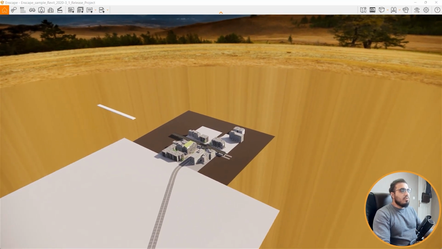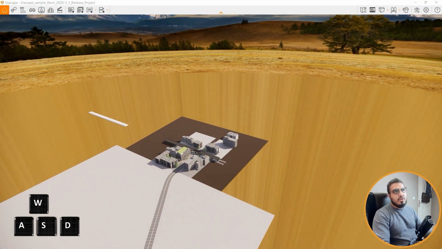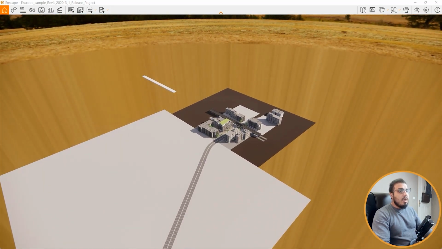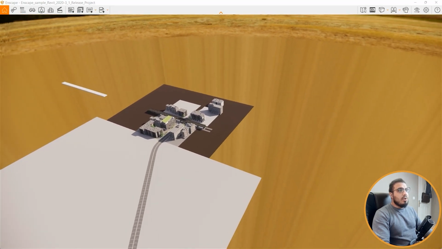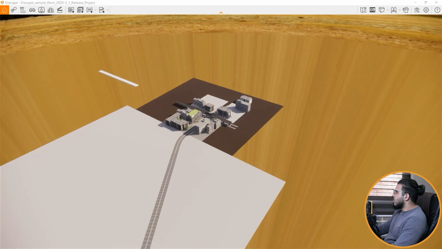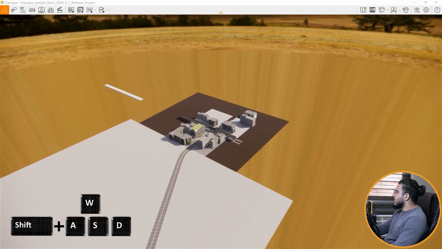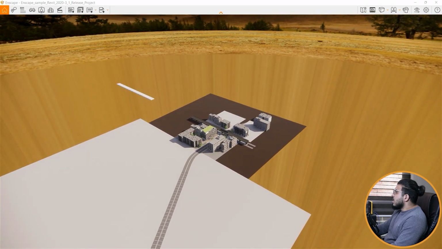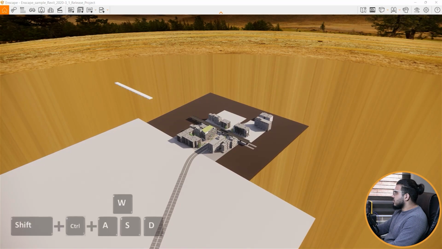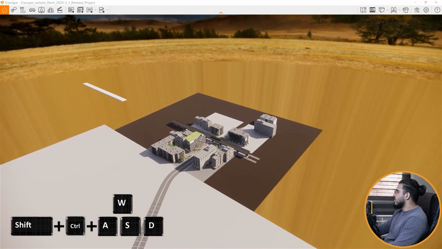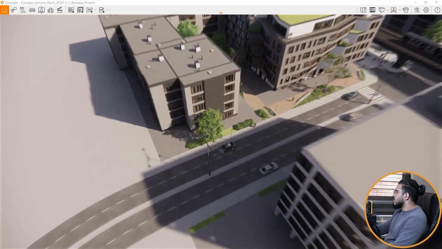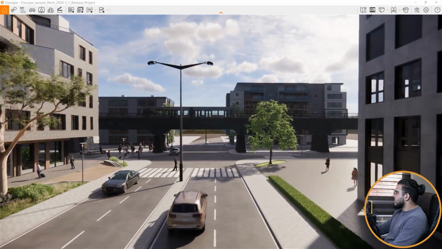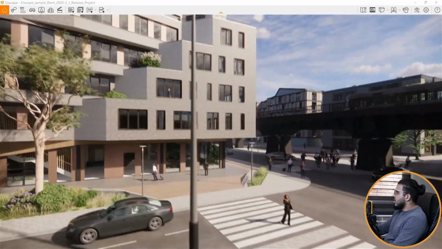And to walk, you need to use the WASD keys on your keyboard, and you can walk, but it is flying and walking right now. But the speed is really slow because this area is big, so I need to hold on the shift and use the WASD again. But because this area is too big, you can understand that too. So you need to hold shift and control together and use WASD for this area which is big. But when you are in smaller places, you can use a small WASD and you can use shift with more speed for walking.